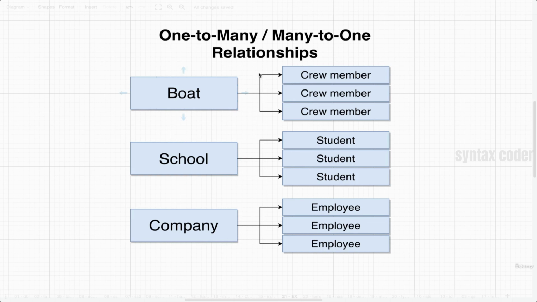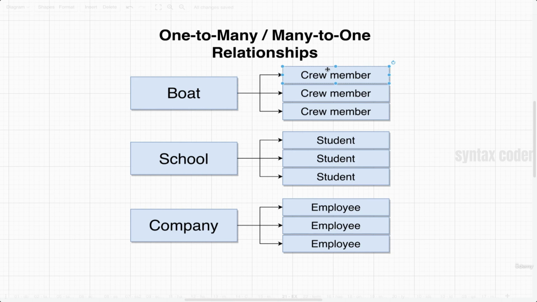All right, so we've got boat and crew member, schools and students, companies and employees. These are all examples of one-to-many or many-to-one relationships. And again, it just depends upon the perspective that you're viewing the relationship from. We would say that a boat has many crew members, a school has many students enrolled, and a company has many employees. We could take a look at the opposite direction, and we would say that a crew member has